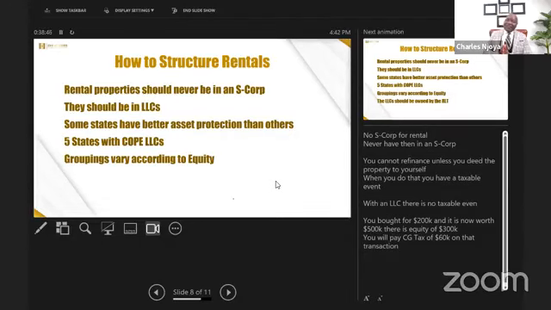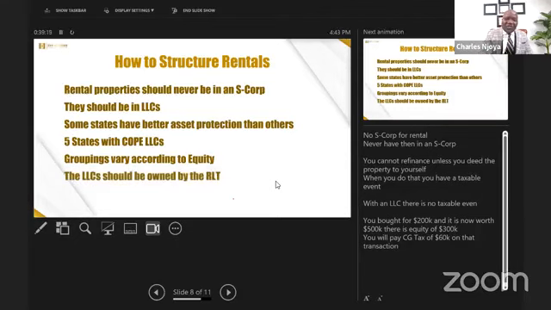But if I have 10 properties and all of them don't have equity, maybe I just bought them, I've taken all the equity out, and maybe I have $20,000 of equity in there, I can now join maybe 5 entities in one LLC. The problem has to be the equity. What is your asset at risk? That is so important when it comes to grouping real estate into LLCs.